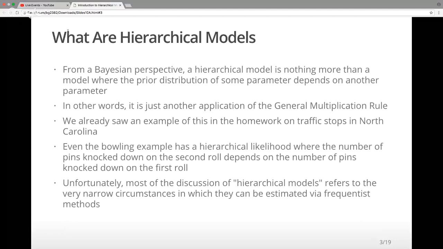And so they sound sort of ridiculous because if you talk to an actual Bayesian, they probably can't recall going to a conference and seeing a Bayesian presentation that wasn't a hierarchical model,